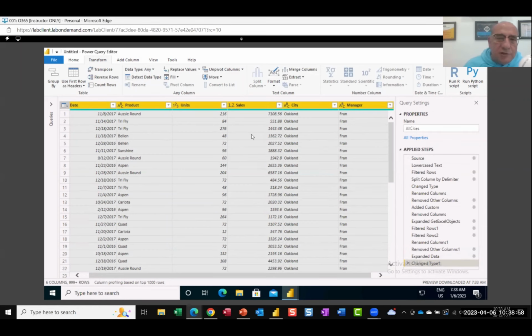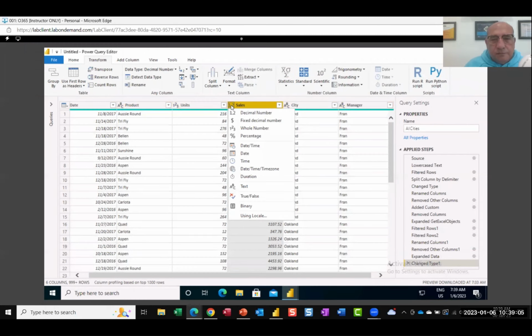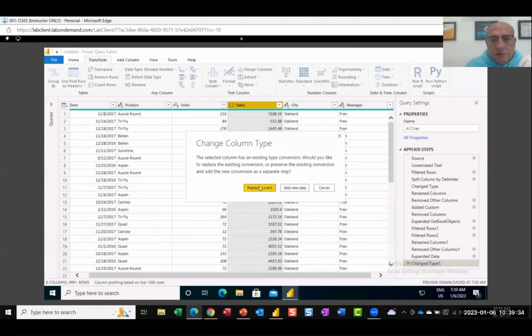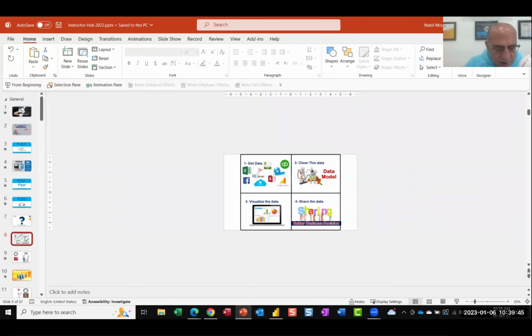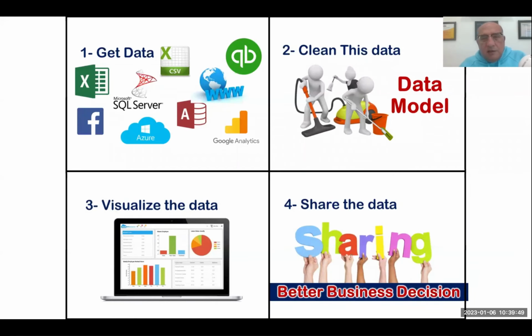When I have a preference to changing it to a monetary value, then only for the sales, I click on the little icon and I want to change it to currency, the dollar symbol. But here in Power BI Desktop, they gave it a name, fixed decimal number. I assume sometime in the near future, they are going to unify the name to make it exactly the same in Excel and Power BI Desktop, but the symbol is clear, the dollar sign. Would you like to replace current? Let's replace current. And I finished the second step in any business intelligence application project, which is cleaning and transforming